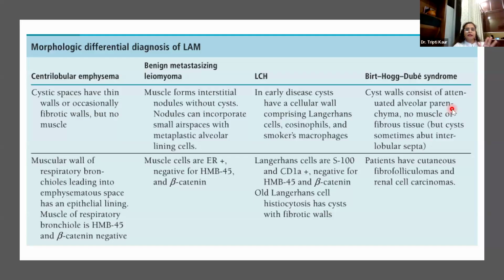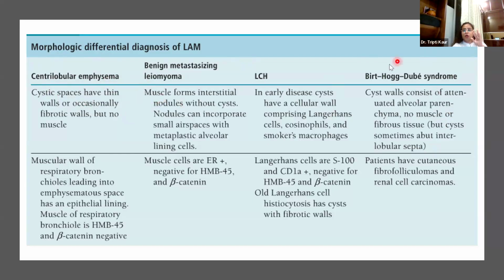And the clinical differentials of LAM, very important, is central lobular emphysema, because the clinician might not have thought about it, and he will send you as a simple case of central lobular emphysema. If the patient is of a reproductive age group or a young female, and you have some doubt of tuberous sclerosis or some renal tumor, please have your lights on, the brain lights on, and think about LAM.